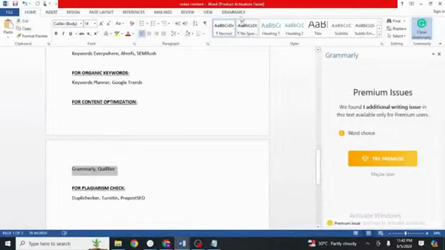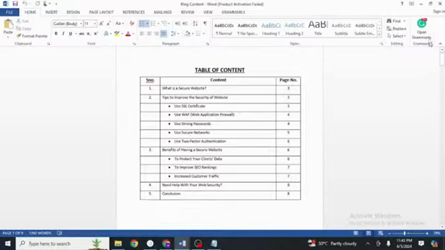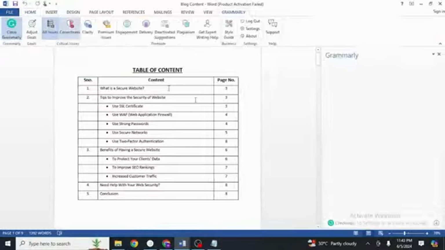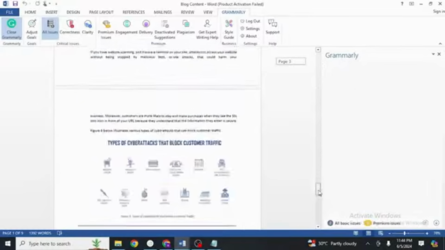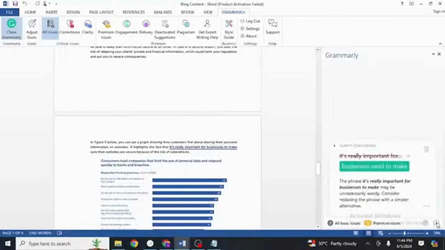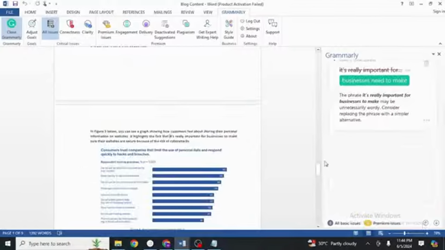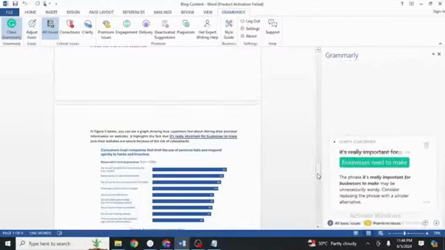After optimization, we have Grammarly. Like here you can see, let's say I have a blog. Grammarly has a free version as well as a premium version. The user just has to log in to Grammarly, and it will show you any grammatical issues, any grammatical enhancements that you can make within the content. The red ones and blue ones are all content enhancements. All the mistakes that your content currently has can be fixed using Grammarly.